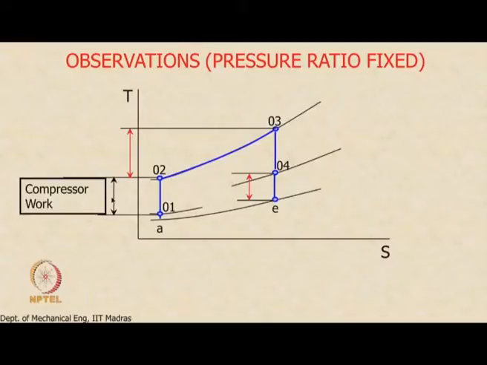The compressor work does not change, because the pressure ratio is fixed. The only thing that is going to change is the turbine entry temperature, which means this state point is going to slide up along this isobar. So we go from 03 to 03 prime. If I increase the turbine entry temperature, remember the turbine has to produce enough work to run the compressor, and the compressor work has not changed, which means that this point will be located such that the work from this is equal to this work. Actually it must produce the same amount of work.